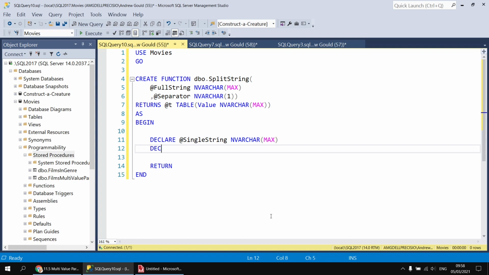I'm then going to declare a variable which will hold the position in the full string of the separator character that we're looking for. So I'm going to call this one @SeparatorPosition. I'm going to set that data type to be an int, so it's just a number which holds the position of a character in a string. I'm also now going to initialize that variable by calculating the position of the first separator character in the full string. So to do that I'll say equals,